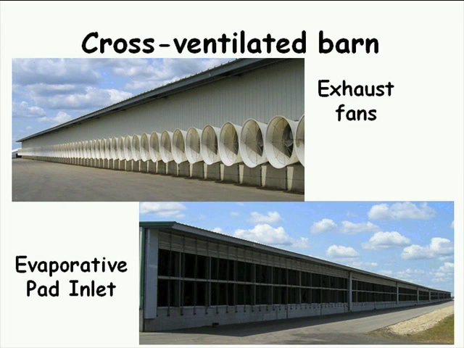This is a cross-ventilated barn. The top picture shows the exhaust fans blowing out one side. They essentially have fans side by side the whole length of the barn. And then the other side of the barn has an evaporative cooling pad that serves as the inlet. And again, they may have 10, 12 rows of free stalls in there, and so this needs to provide the ventilation year-round. And it is all mechanically ventilated. The building is way too wide for natural ventilation.